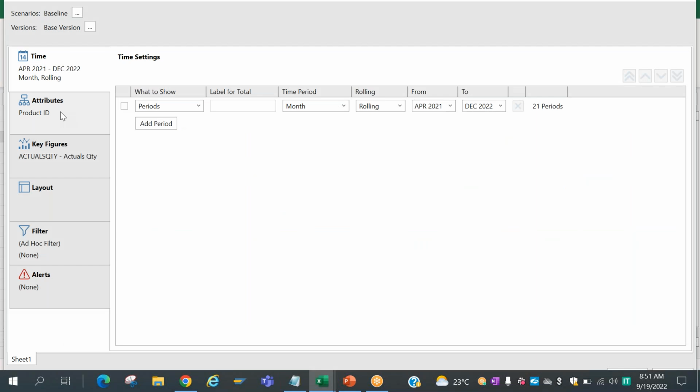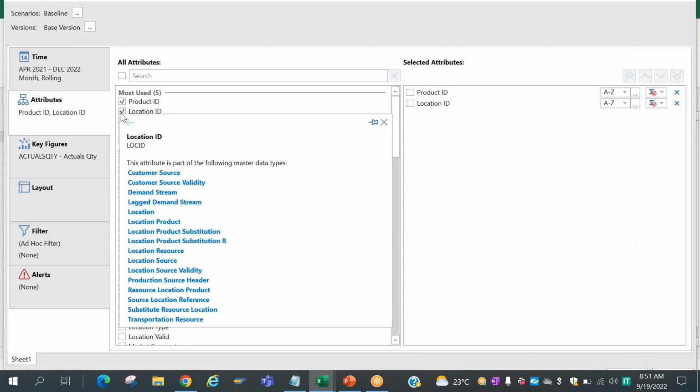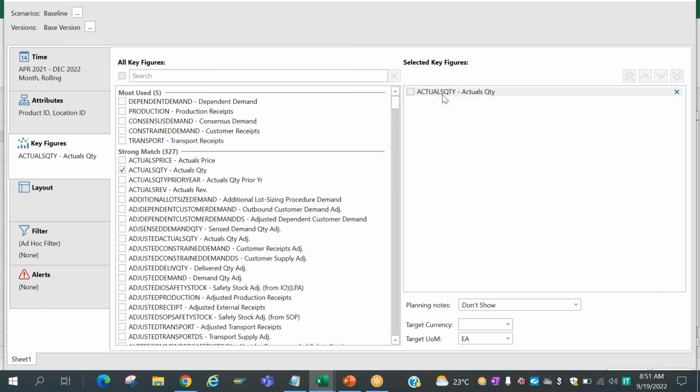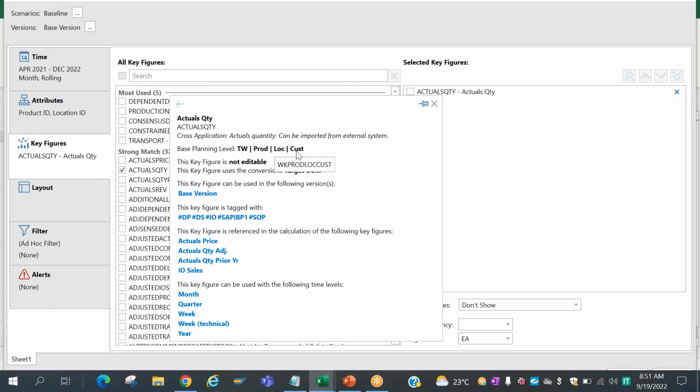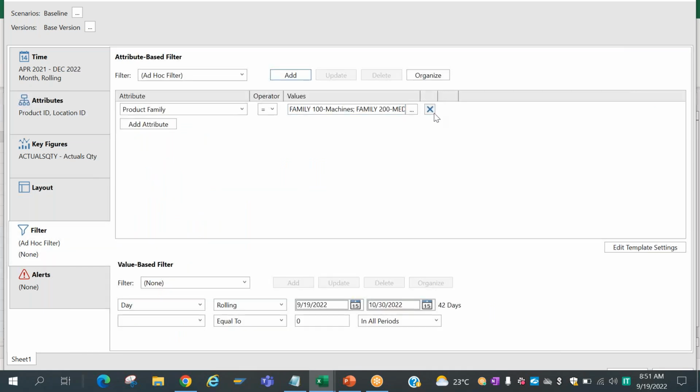Now I want to add the location dimension also to this, right? This attribute I've added, and this is the one which is based on product, location, customer. I've also added location, and I only want to see it for a particular product. So I'll remove this family. I can just change my filter. Product ID is equal to